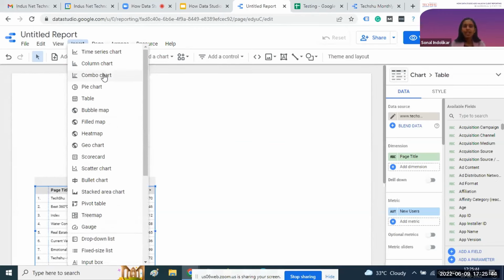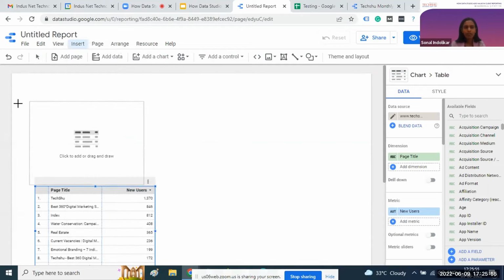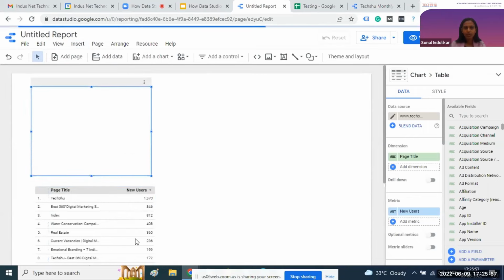If you want to create a simple tabular format for your monthly traffic data, we will choose the table format. So I have selected the table format over here.